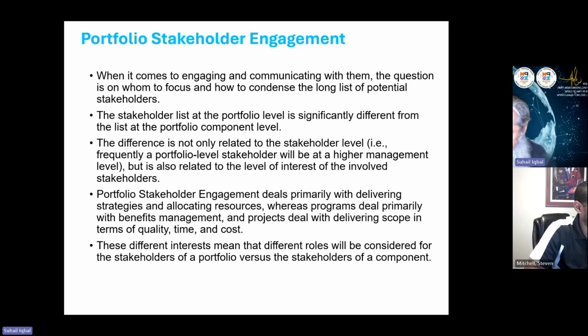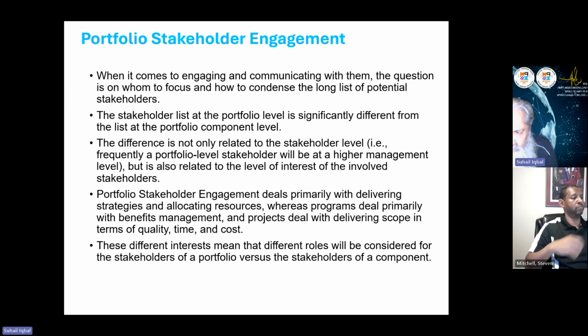That means program and project stakeholder list might be very different from the portfolio stakeholder list. The difference is not only related to stakeholder level. Level is definitely increased. Frequently, a portfolio level stakeholder will be a higher management level,